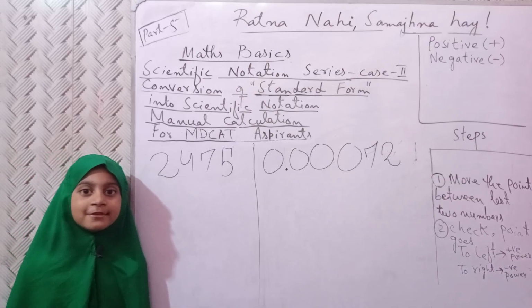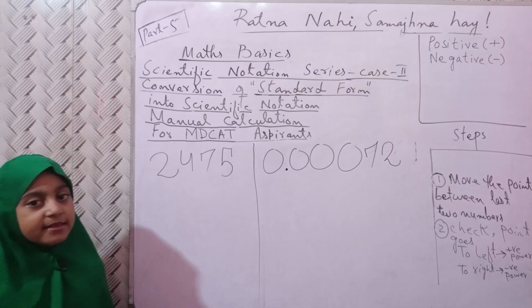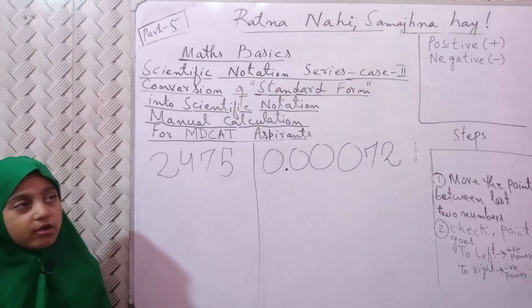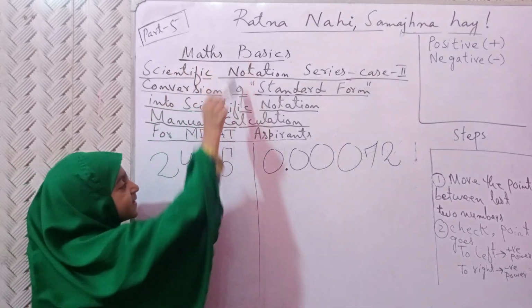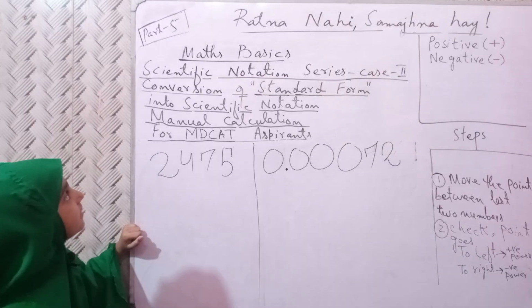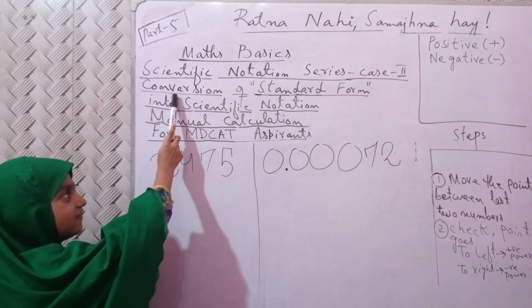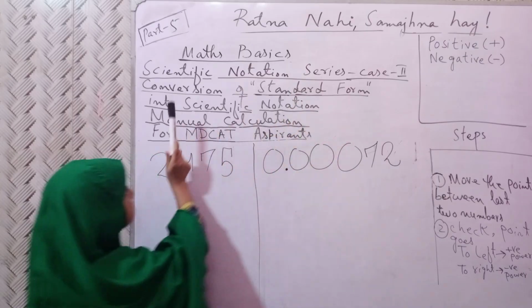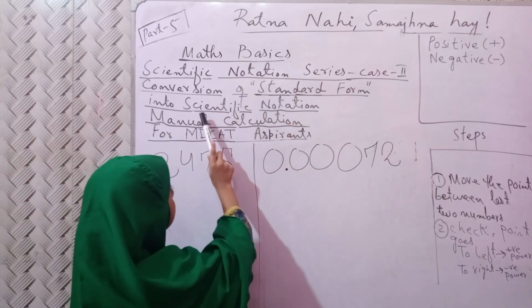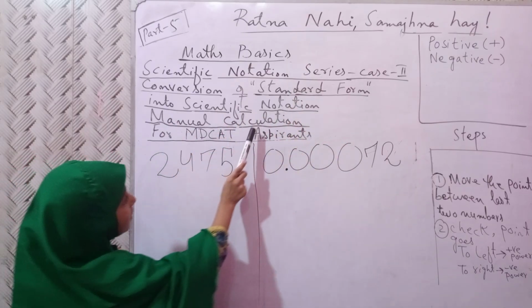Name is Faizan Islamic School System, Hyderabad, Pakistan. Today we are going to learn maths basics. In maths basics, we will see scientific notation series scales to conversion of standard form into scientific notation manual calculation